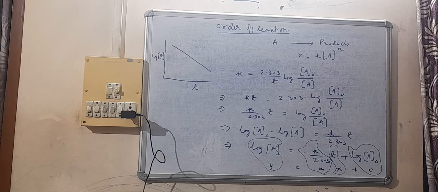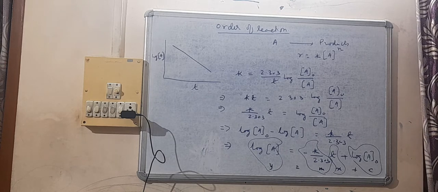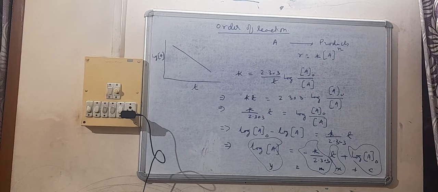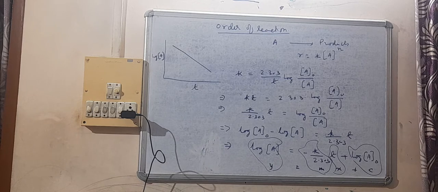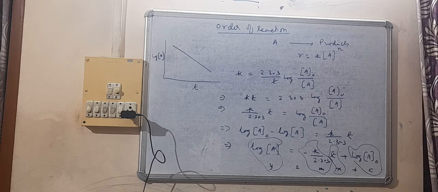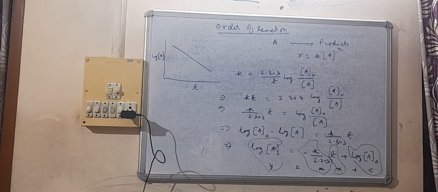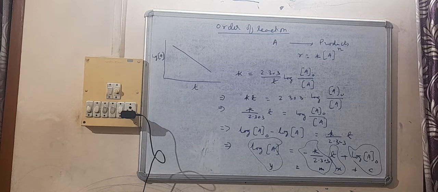So you see, in this way, by graphical plot, we can at least say whether a reaction is first order or not. Remember one thing, from here we cannot say if the reaction is not of first order, then of what order it is, that we cannot say. We are able to say if it is first order or not first order.